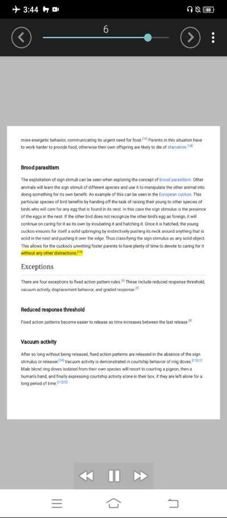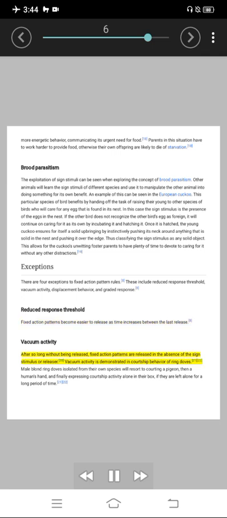Exceptions. There are four exceptions to fixed action pattern rules. These include reduced response threshold, vacuum activity, displacement behavior, and graded response. Reduced response threshold. Fixed action patterns become easier to release as time increases between the last release. Vacuum activity. After so long without being released, fixed action patterns are released in the absence of the sign